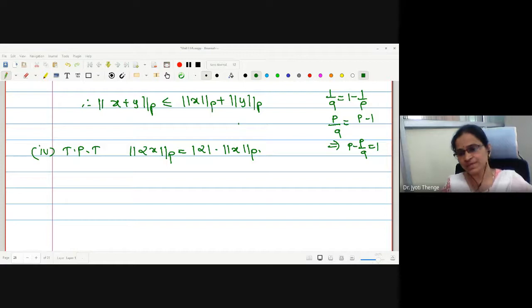While giving the proof of this triangular inequality, you have to use Holder's inequality. But while using this, you have to be very careful because someone may get confused with the p and q relations. Right? I have tried to make it very clear and simple, but you should revise this. Try to prove this fourth property. The completeness property is very similar to the previous example. You have to just reproduce it.